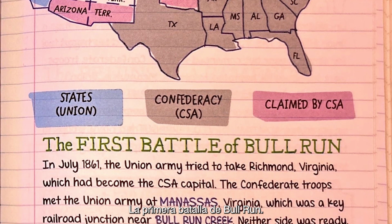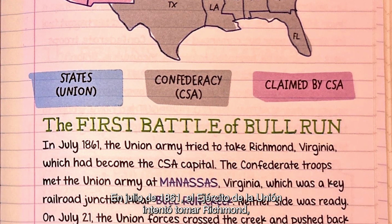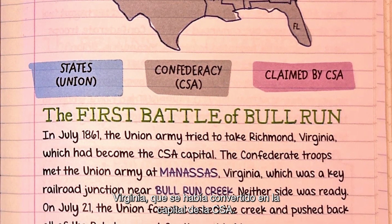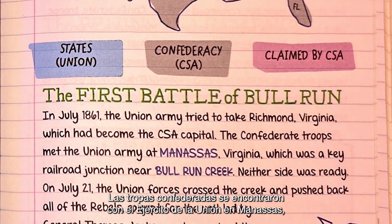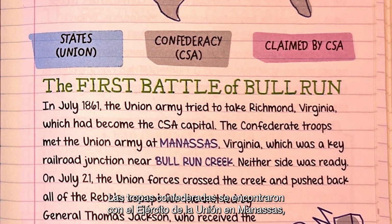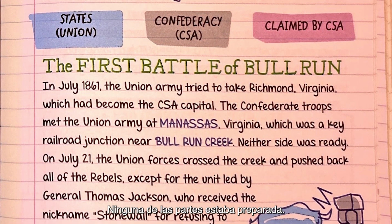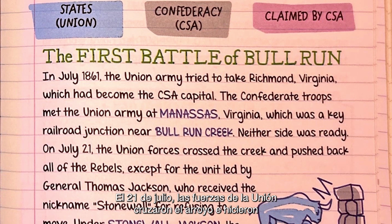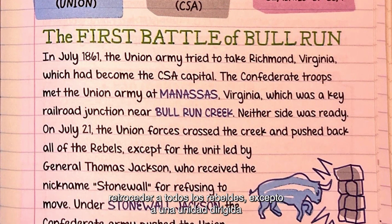The First Battle of Bull Run. In July 1861, the Union Army tried to take Richmond, Virginia, which had become the CSA capital. The Confederate troops met the Union Army at Manassas, Virginia, which was a key railroad junction near Bull Run Creek. Neither side was ready. On July 21st, the Union forces crossed the creek and pushed back all of the rebels